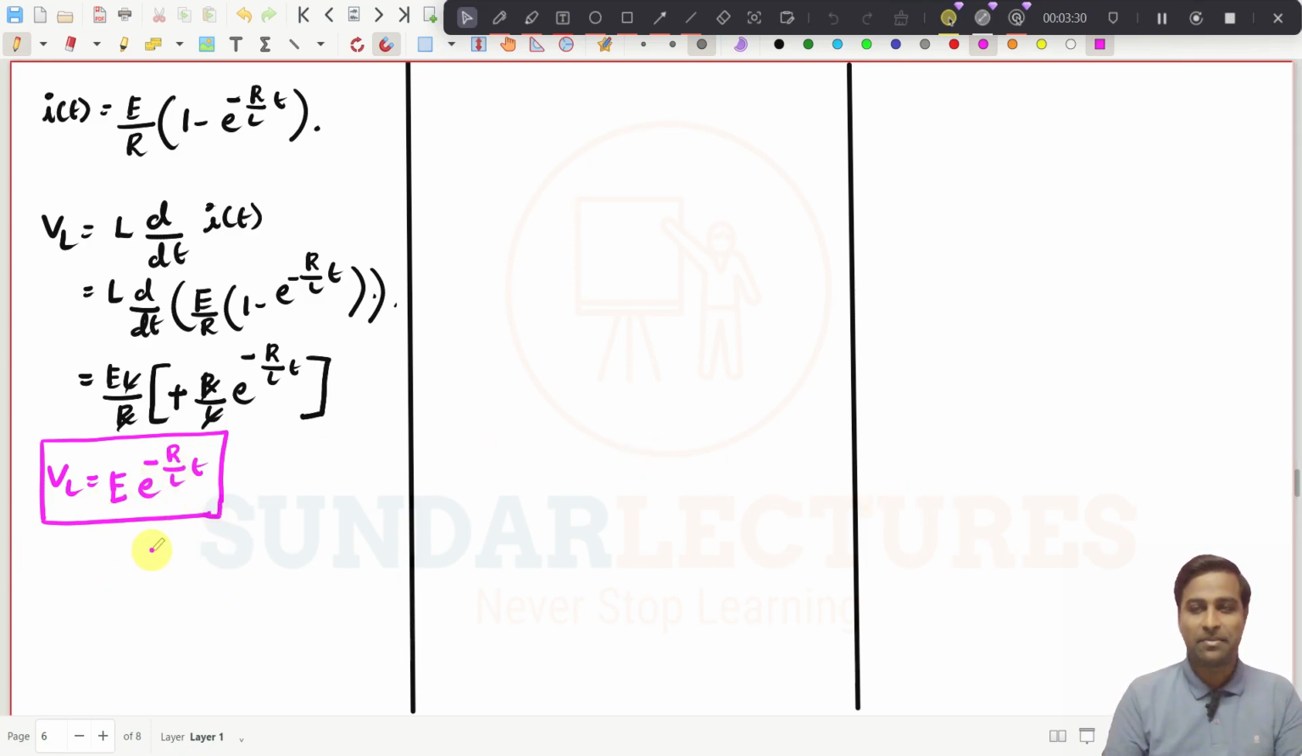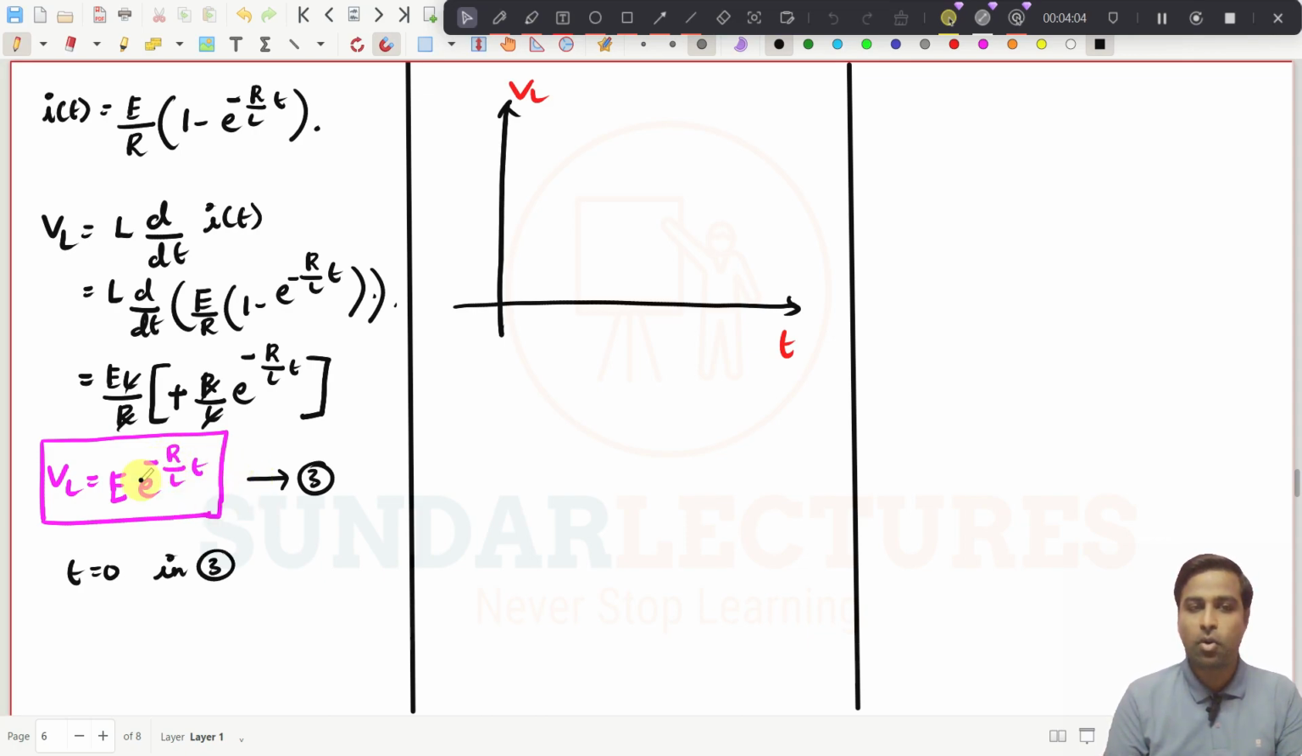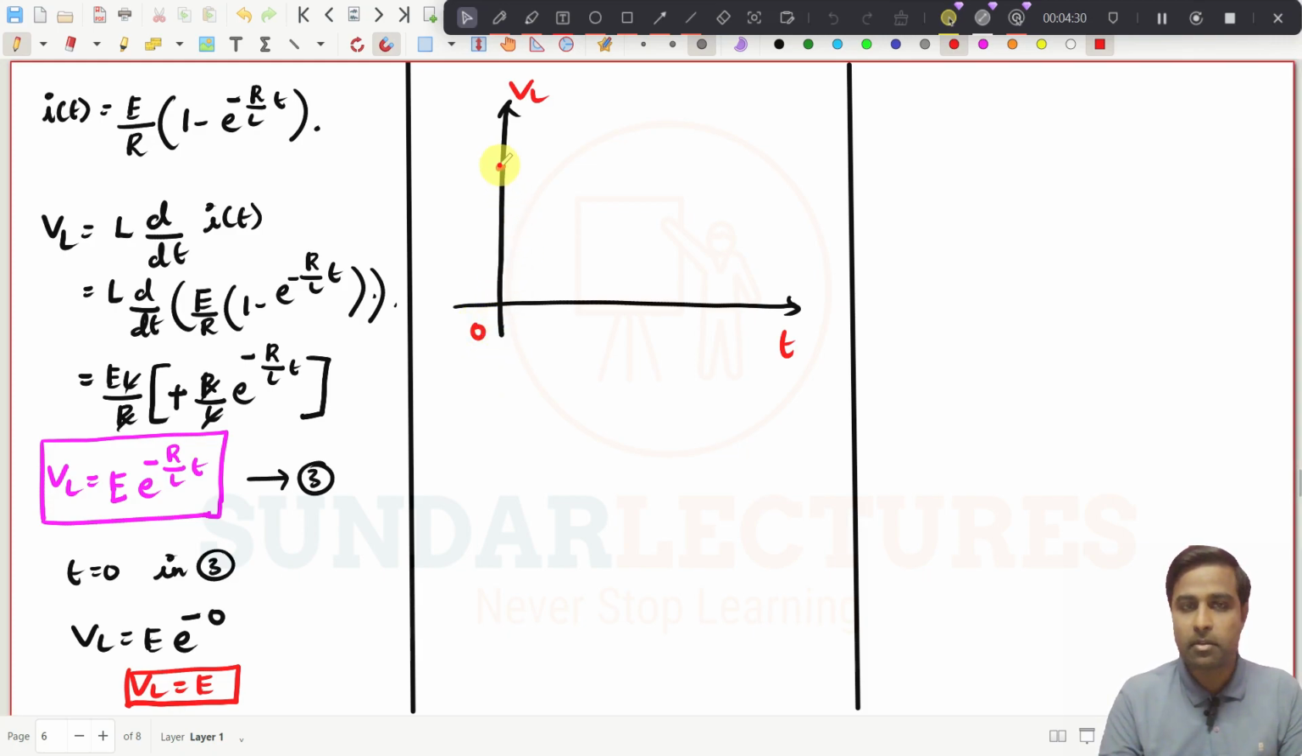So if you draw the diagram, let me draw the graph for this. Same thing, we will take the voltage VL on the y axis, and we will take the time axis here. If you put t is equal to 0 in expression number 3, what you will get? If you put 0, it becomes minus 0, and the whole exponential value will be 1, right? So VL is equal to E into e power minus 0, so it will be 1. So VL will be equal to E at t is equal to 0. At t is equal to 0, maybe if this is E,